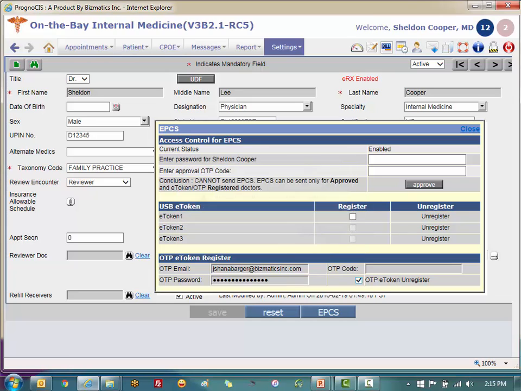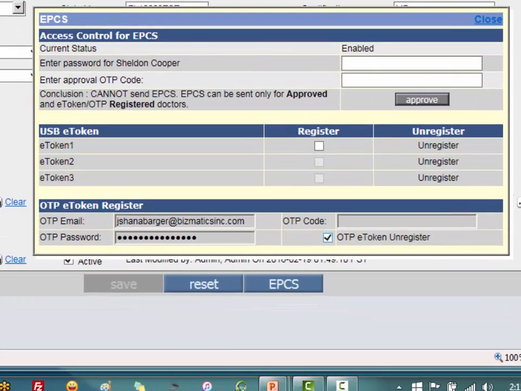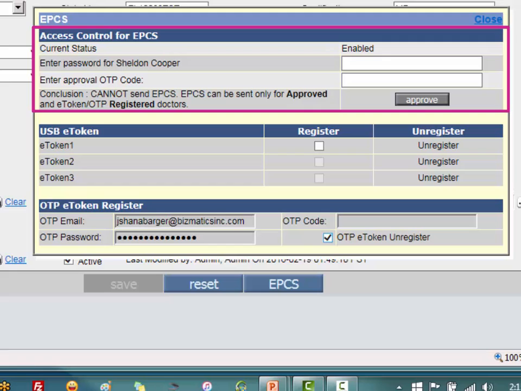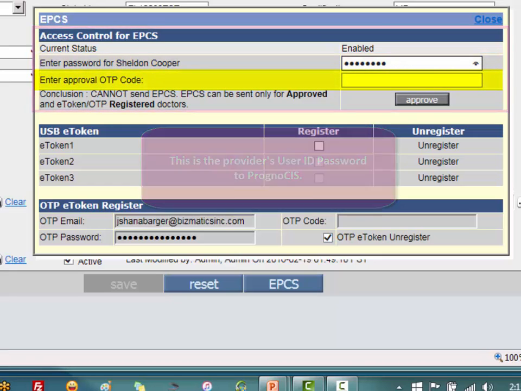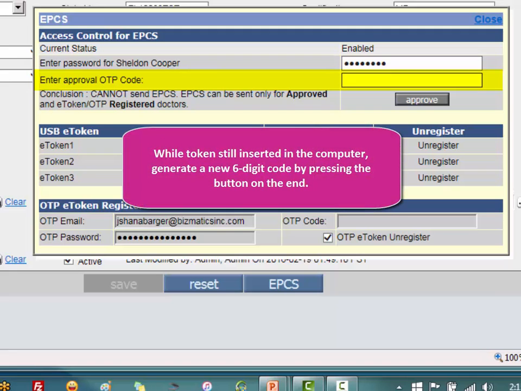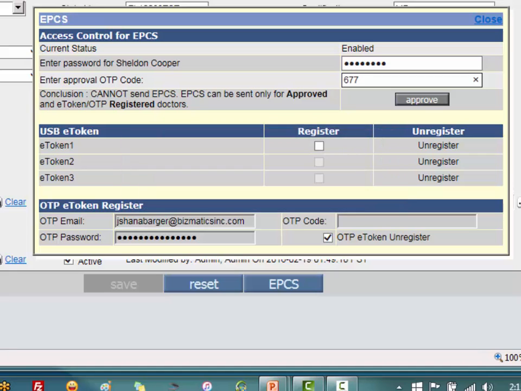token. Next, once I'm done registering the token in PrognoCIS, I need to approve access for the provider. So up here at the top, underneath the access control section, I'm going to enter the provider's PrognoCIS password as well as another one-time password code. So while my token is still inserted in the USB port of the computer, I'm going to push the button on the end of the token to generate another 6-digit code. When it appears in the screen, I'm going to go ahead and enter it here and then click the approve